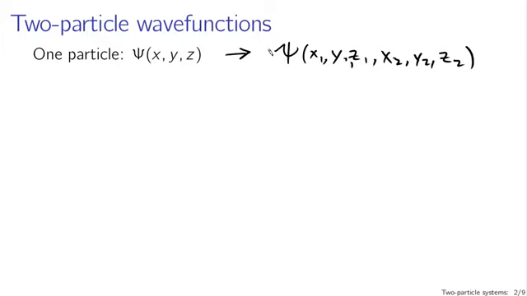If our wave functions are functions of multiple variables, you might expect that our Hamiltonians would get more complicated as well, and they do. The Hamiltonian operator, which we had before, was simply, in the single particle case, a momentum operator and a potential operator. Now you'll have to deal with the momentum of each particle separately. So for instance, the Hamiltonian might look like minus h bar squared over 2m times gradient squared with a subscript 1, minus h bar squared over 2m gradient squared with a subscript 2, where the gradient with the subscript 1 refers to partial derivatives with respect to x1, y1, and z1, and the subscript 2 refers to partial derivatives with respect to